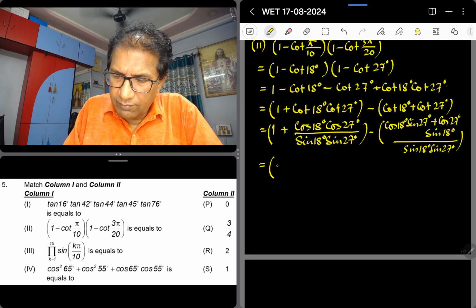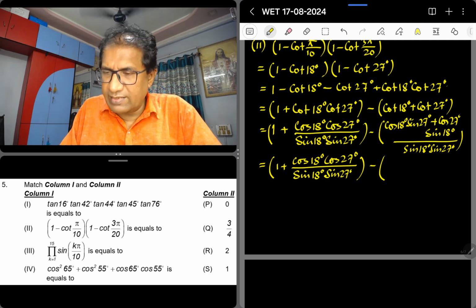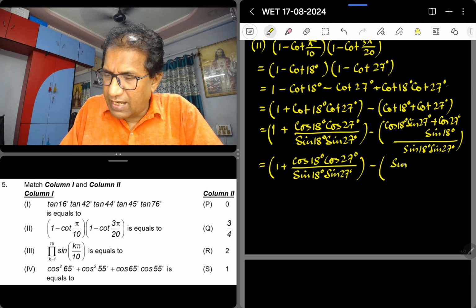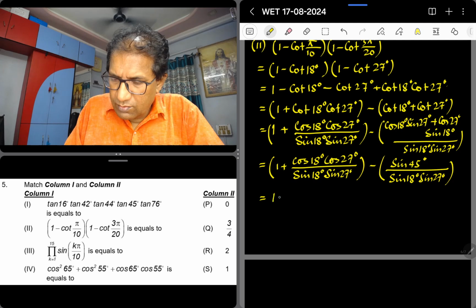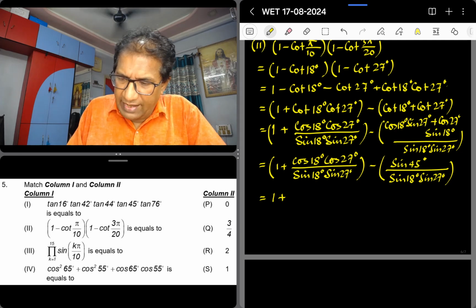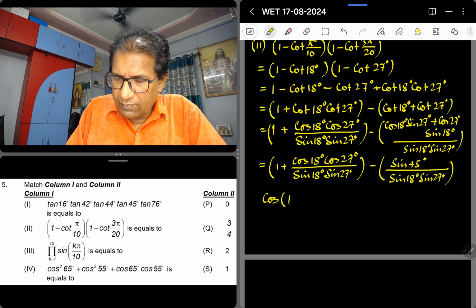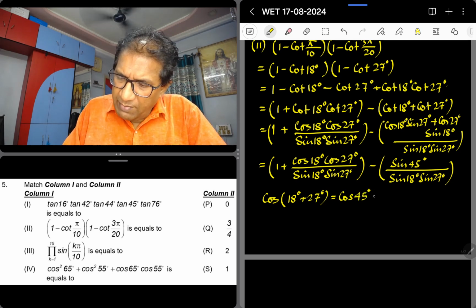So we are having sine A cos B plus cos A sine B. So it will be sine A plus B, which gives us sine 45 degrees. Now, observe one thing: cos 18 degrees, cos 27 degrees. How can we write that? Let me just do it here. Cos 18 degrees plus 27 degrees. This is actually cos 45 degrees, which can be written as